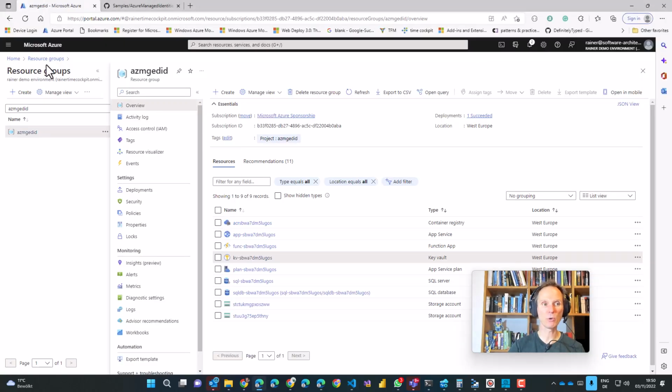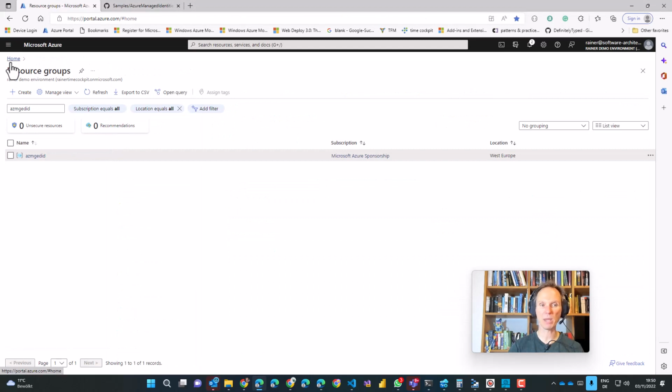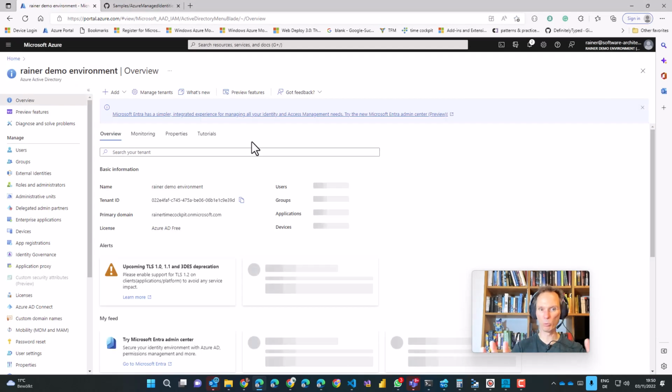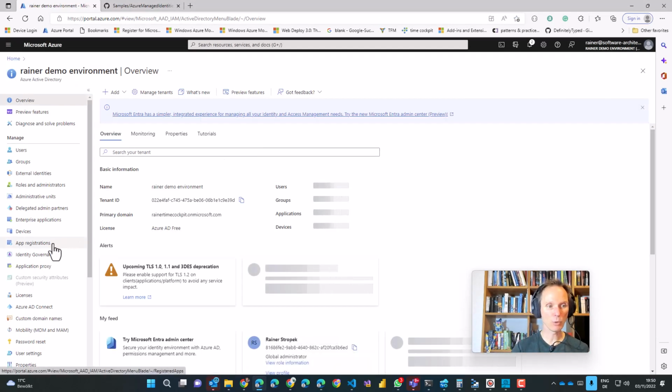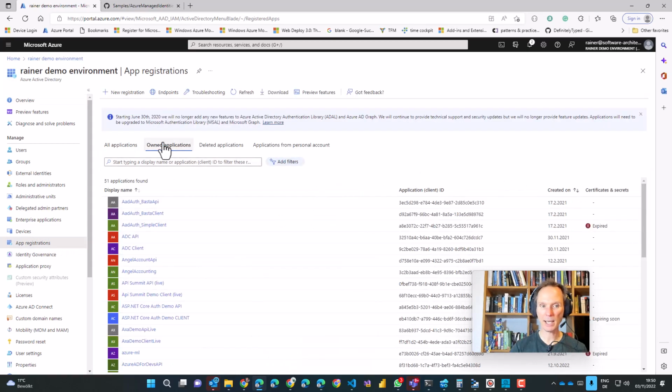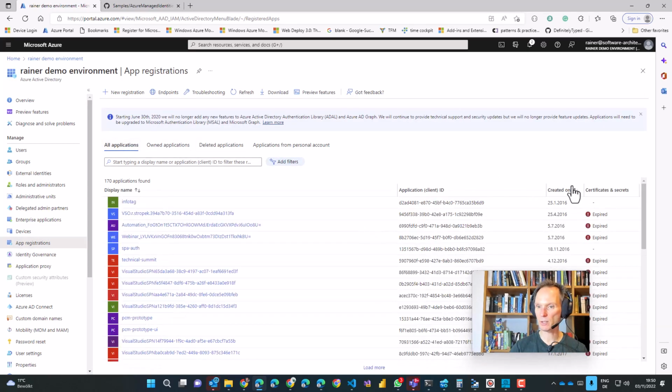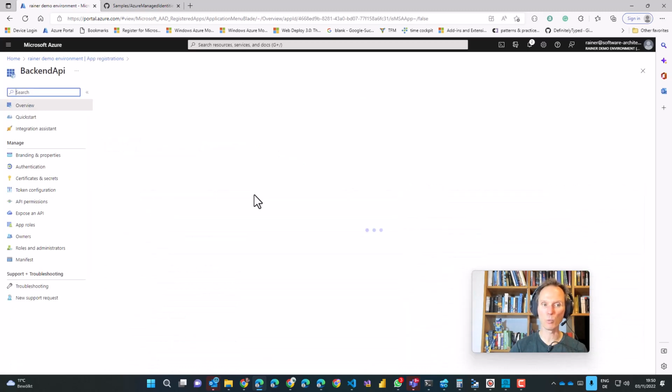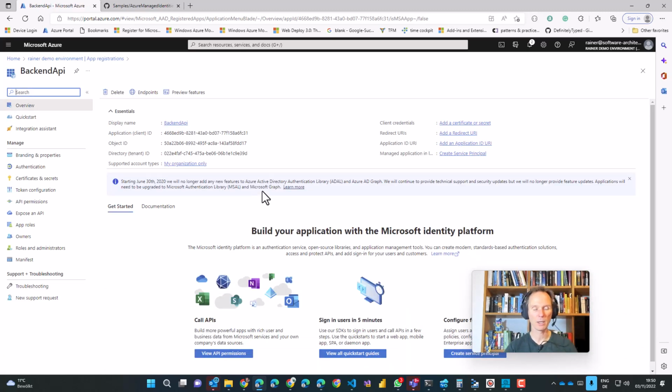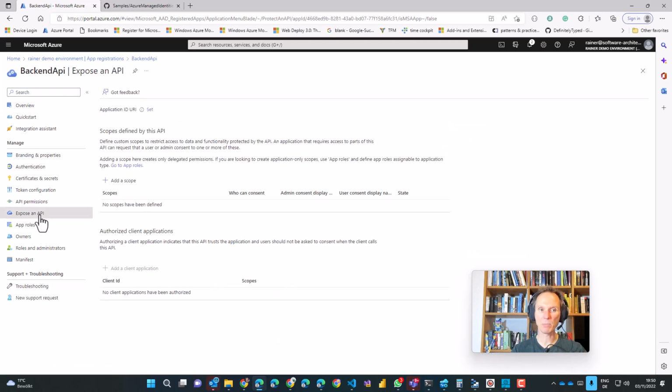Let me show you. If you are not that familiar with Azure Active Directory, bear with me. I will walk you through. Nobody has to be afraid. So let's go here to app registrations. And I think it would be a good idea to just sort this here, and let's take a look. This is the one that I just created with my script. Now you see, the name is just a name. It doesn't matter. And the only thing that my script changed was here, this expose an API, and here, this